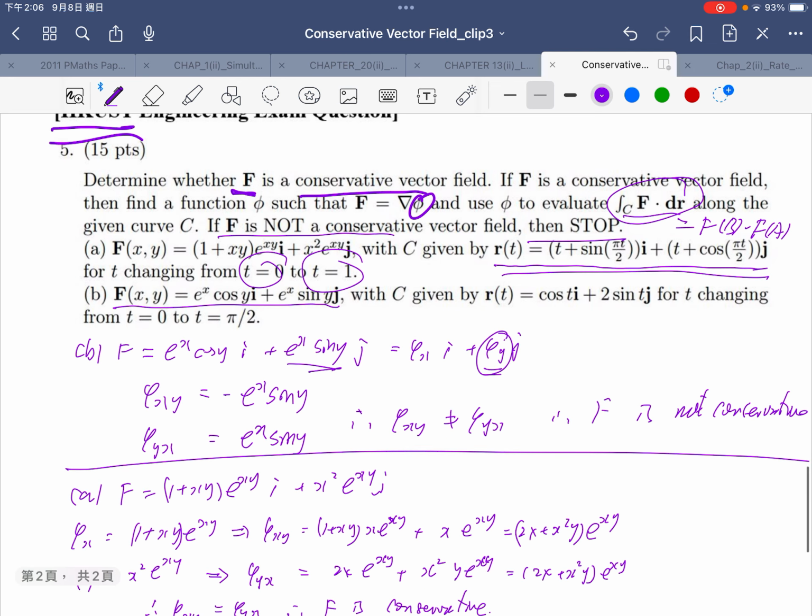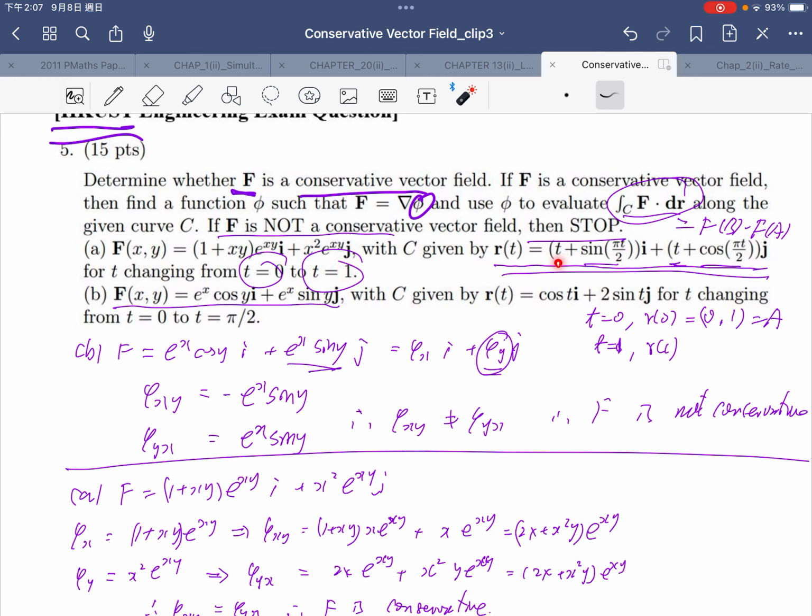When t equals 0, the point is 0, 0. This is 0, this is 1. Therefore, the point A should be (0, 1). When t equals 1,